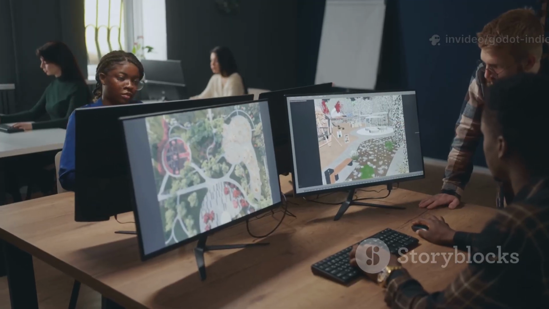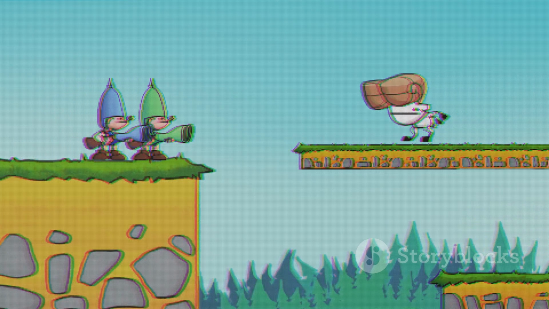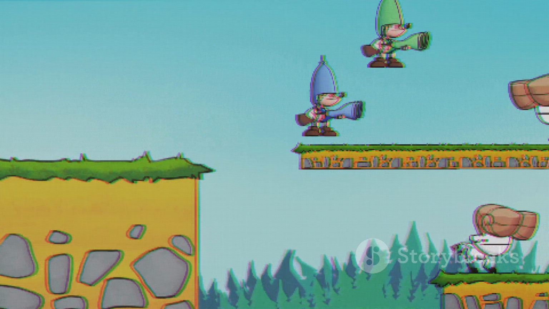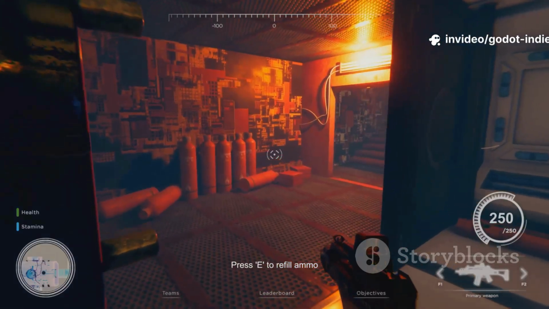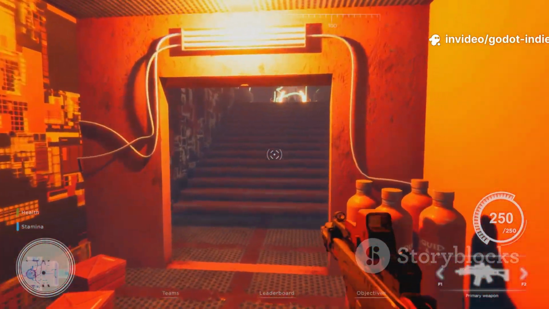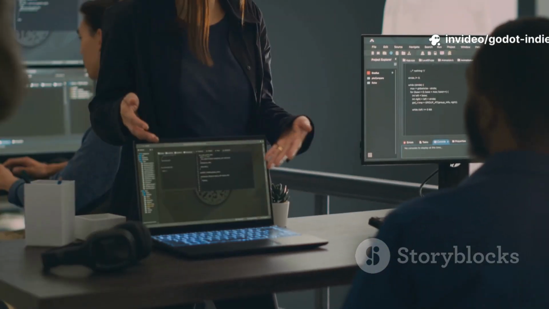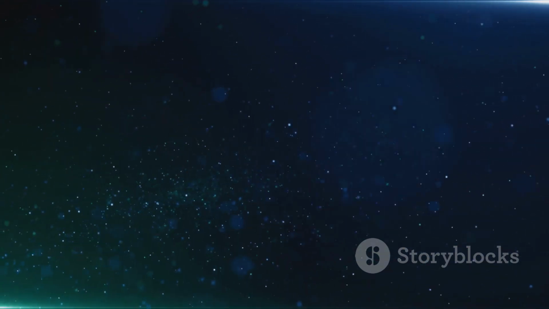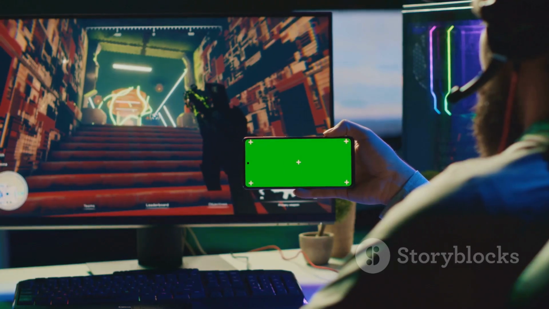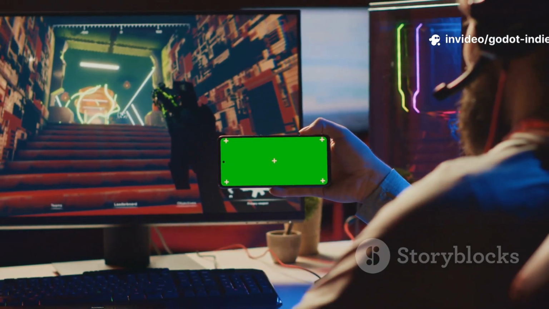The engine takes ages to load. The project setup is a maze of options and settings you don't understand yet. The interface is a dense forest of menus, windows, icons. You just wanted to put a character on the screen and make it jump. Instead, you're watching tutorials just to figure out the file structure. This is a common story for so many aspiring developers.